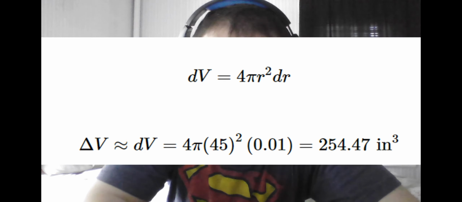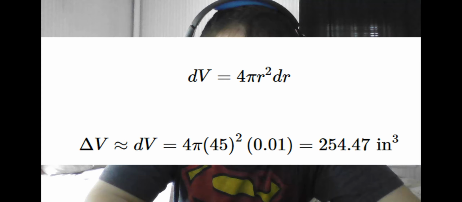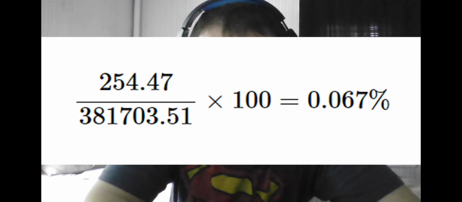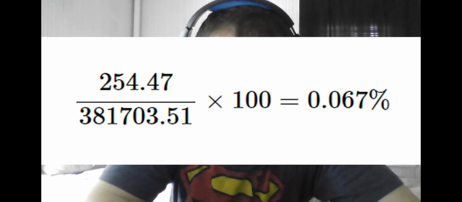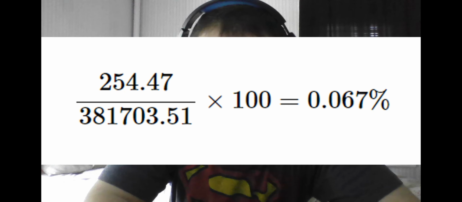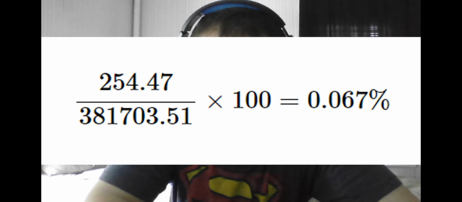254.47 cubic inches. We see what the error margin for the change in volume is by dividing it by the actual volume and then multiplying by 100 to get a percentage. We see the error margin is 0.0067%, which is good for most applications, as generally we only want to be very precise when manufacturing industrial technologies